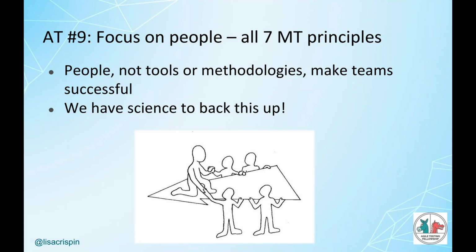Make sure somebody is there to help remove impediments from your team. Sometimes for Scrum, that's a Scrum Master or a manager, whoever it could be. It could be a tester. And have empathy. We especially need empathy during this pandemic and all the difficulties that we're facing that we never expected to face. So it's very important. People. It's all about getting the right people and letting them do their best work.